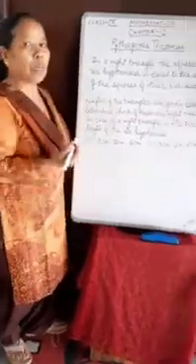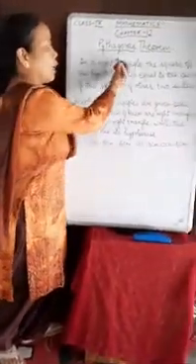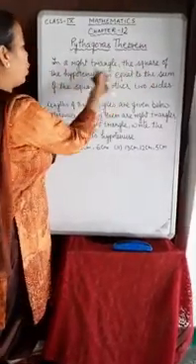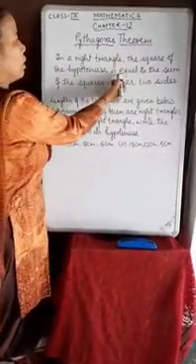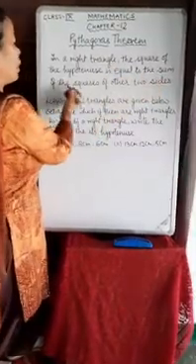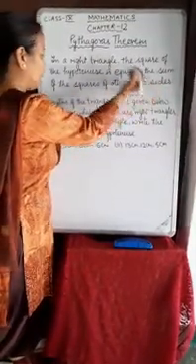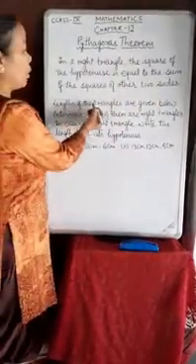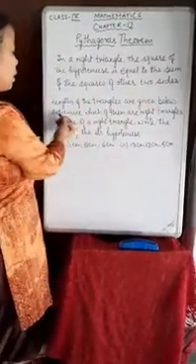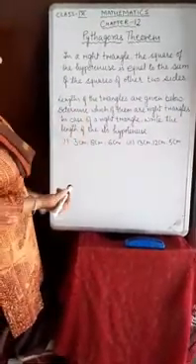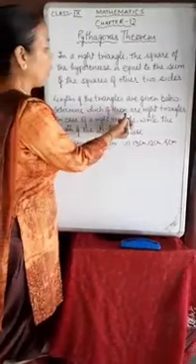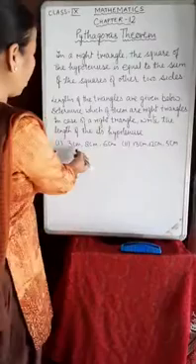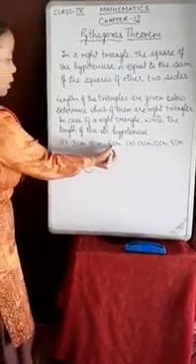So once again I am reminding you what Pythagoras theorem is. In a right triangle, the square of the hypotenuse is equal to the sum of the squares of the other two sides. Right, children? Suppose the lengths of the sides of triangles are given below, like 3 sides are given. You have to determine which of them are right angle triangles. The first example is 3, 8 and 6.